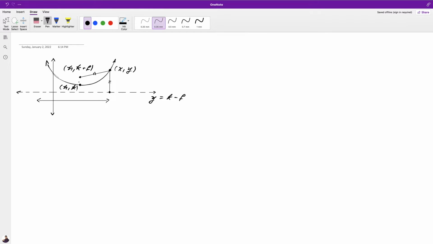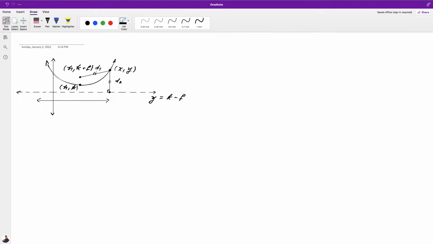Again, the definition of a parabola is a locus of points such that any point in the locus is equidistant to a focus and a directrix line. We know we're talking about a right angle of approach right there. Very good. So we'll call this D1, we'll call this D2,